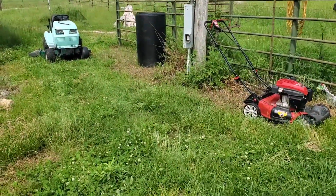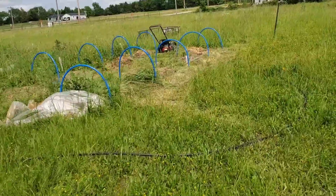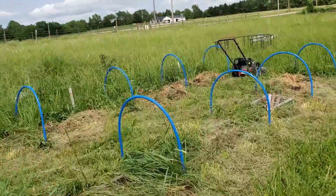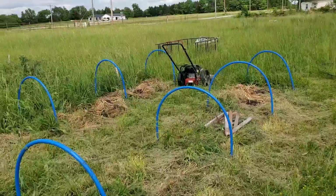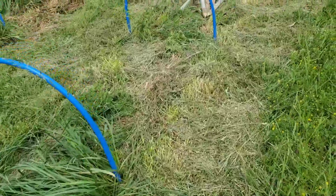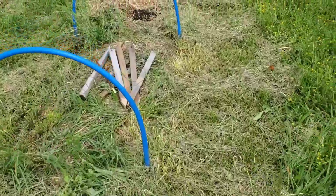Let's walk out to the flower field. We are. I guess I could have brought the mower up, but it's decided to walk. So this is what I did. I brought the string trimmer up. I cleaned up around the edges, and then down here I started